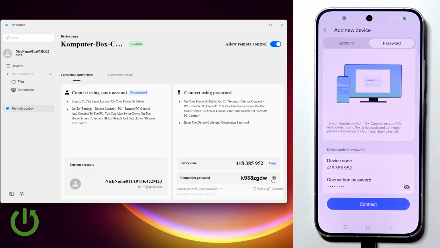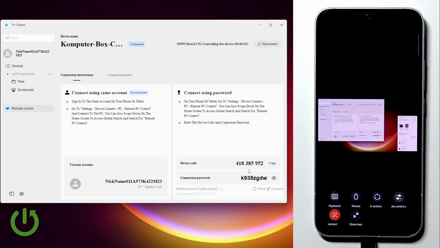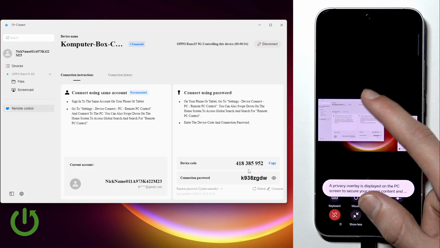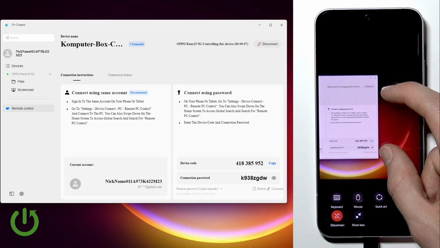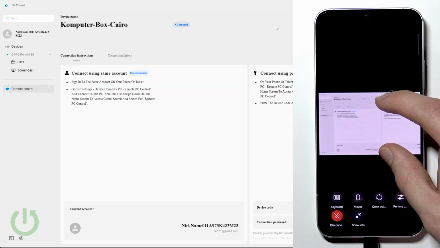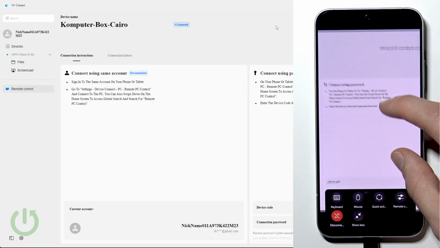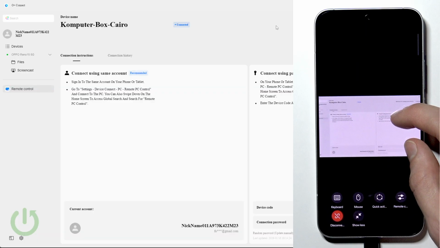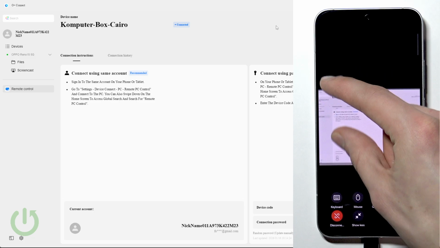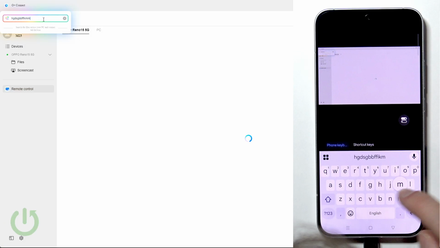Once you're ready, click Connect and wait until your smartphone is connected to your computer. Tap right here to start controlling your PC. Okay, and so right now we can control our computer. We can increase the display. We can, for example, open this app in full screen mode, so we can basically use our computer with a touch screen and navigate on it with a touch screen. But we can also open a text field on our computer, for example,